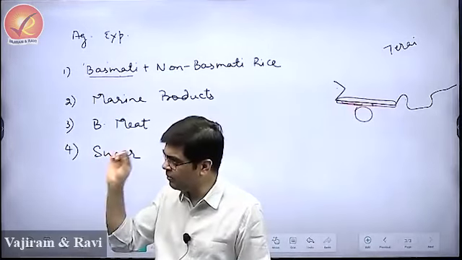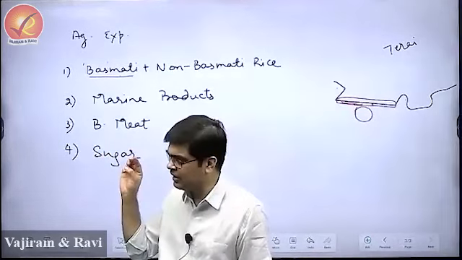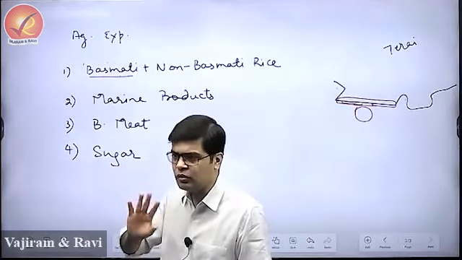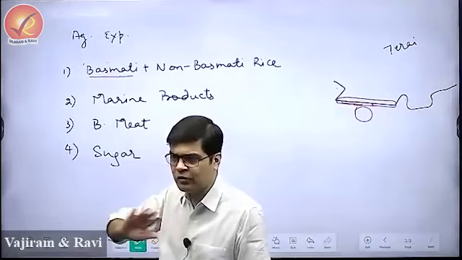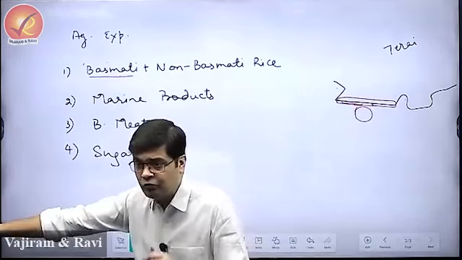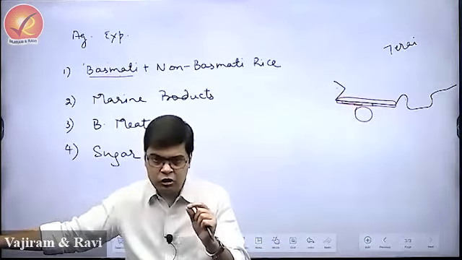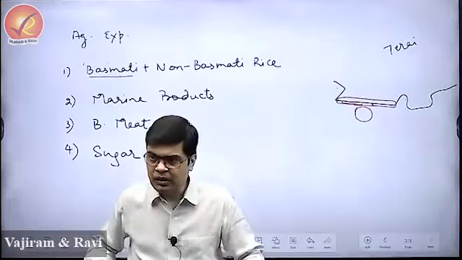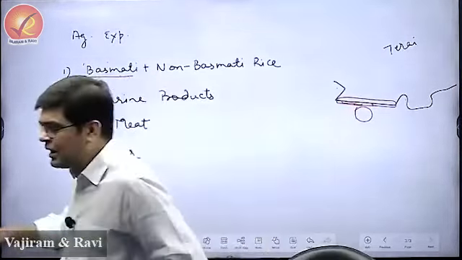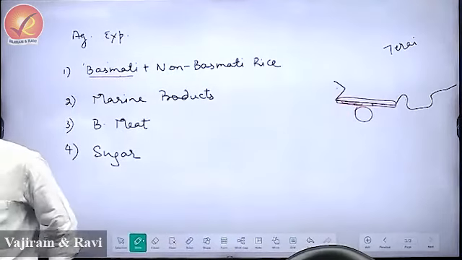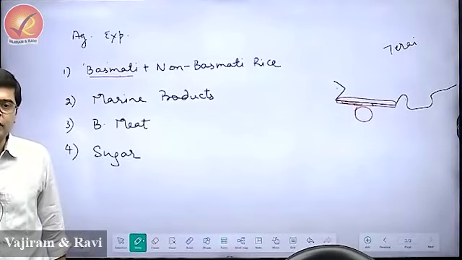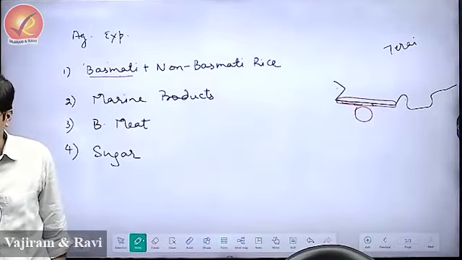So UP, Maharashtra, Karnataka, these are the three large sugar producing states in the country. Sugarcane is cultivated in a number of other states, but these are the three top producers. And then, when you look at sugar exports, what we have noticed is that it was Brazil which was the largest producer of sugar in the world, but India surpassed Brazil in 2022. What has been the reason? Understand this, please.